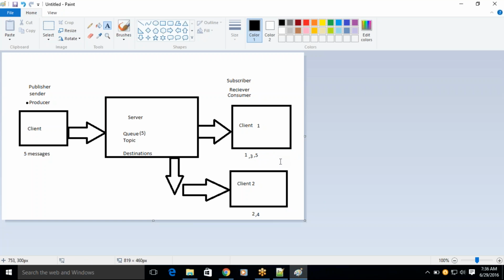Like this is round robin fashion, means a sequence. So each and every point at any point of time, only one message would be delivered to one consumer. When you are using the queue as an object for your